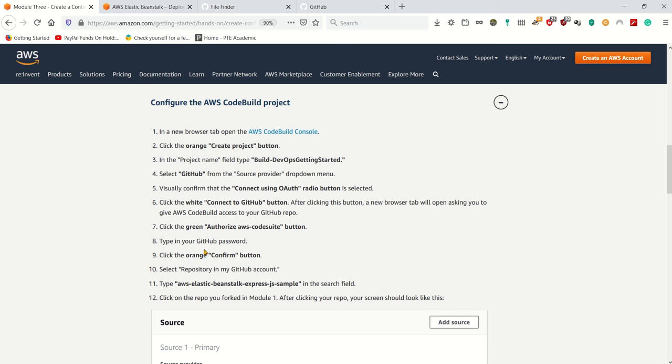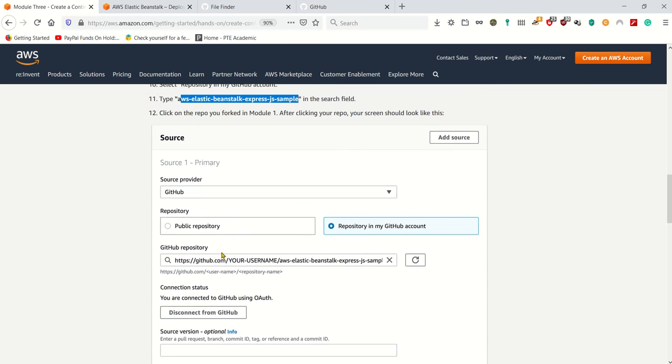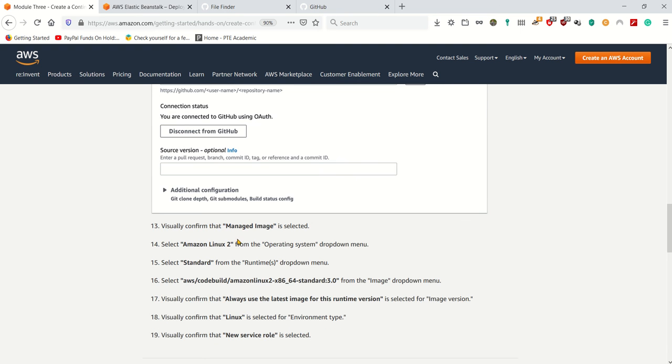You're gonna give authorization, and if you haven't done it, you will do it later on. And then it's gonna show all the repos that you have, and you're gonna select the one that I have worked on before. Okay, and it says add source, GitHub, everything, and then it says confirm that